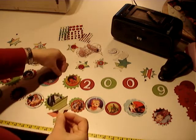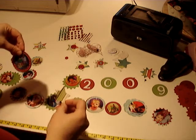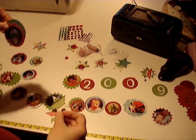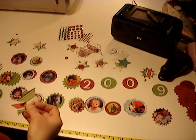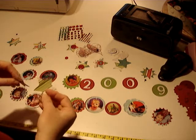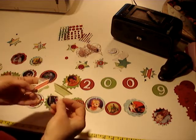You're noticing you need to do 2 of each shape because we're going to back these. We're going to put the string in between, and so you definitely want to have 2 of each shape. You could just use a plain cardstock for the back. If you're going to hang this where you're going to see both sides, you definitely might want to do a picture on both sides. So I did the little 2-inch star using the George cartridge with the Cricut,